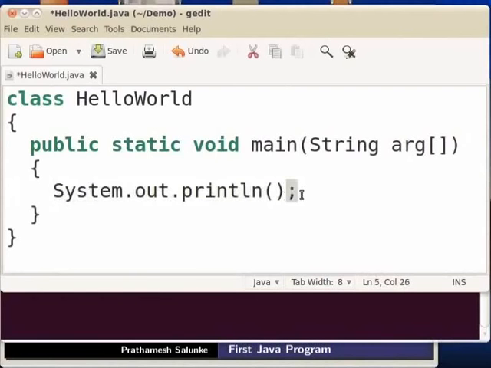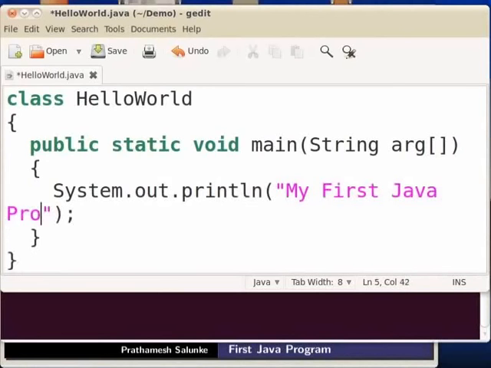Semicolon is used to terminate a line. Now let us tell Java what to print. So within parenthesis, in double quotes, type My first Java program exclamation mark. Let us save the file by clicking on Save icon.